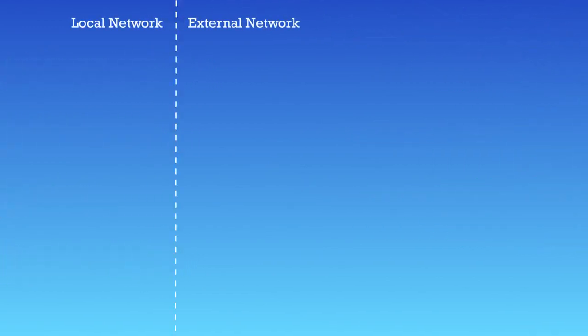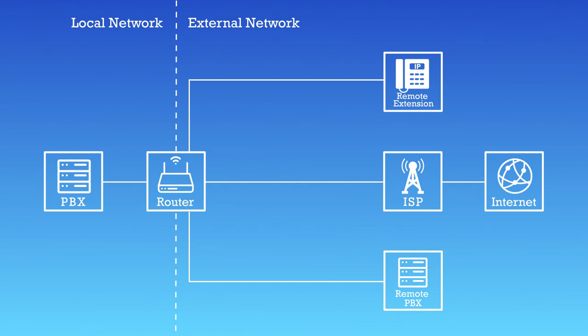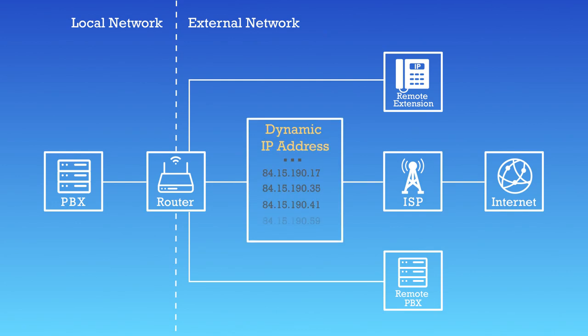In most cases, PBX will be deployed in the local area network. In this way, if we want to have it access the internet, the PBX is connected to the router, which is connected to the internet cable. If our ISP only provides us with the dynamic IP address, the remote extensions or other devices couldn't keep the